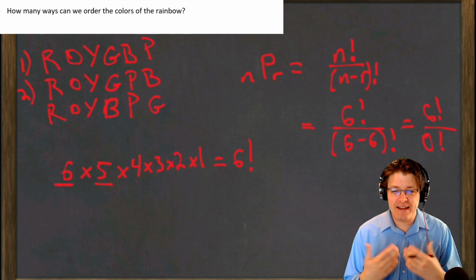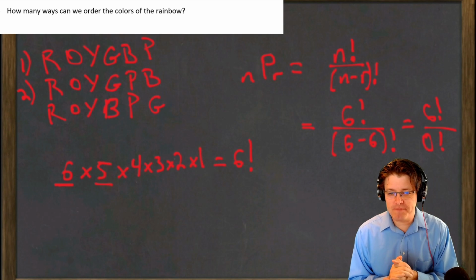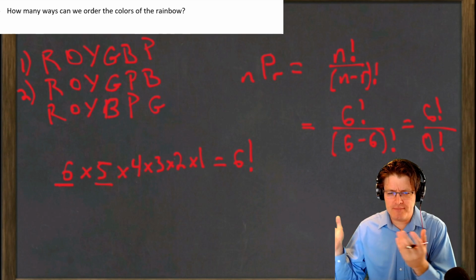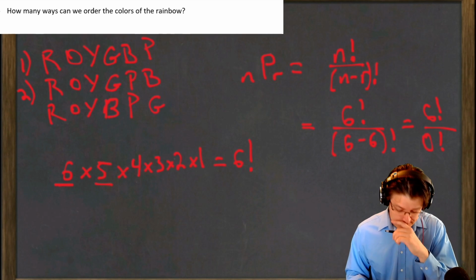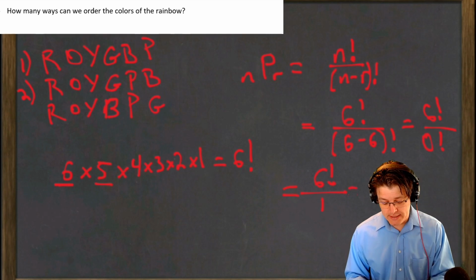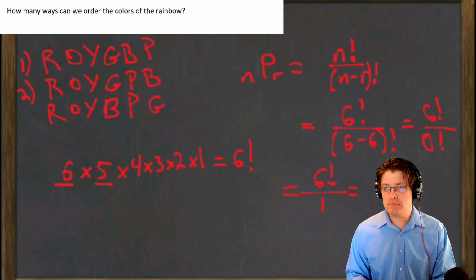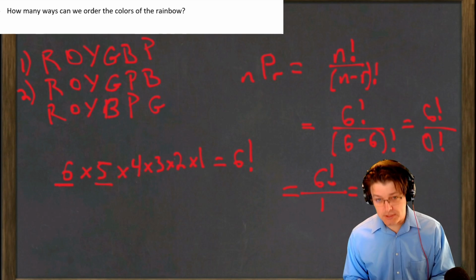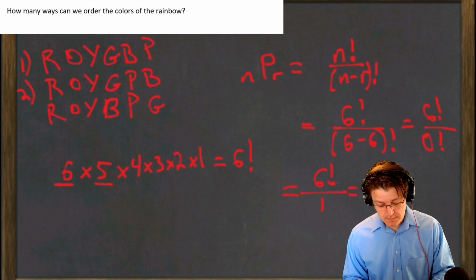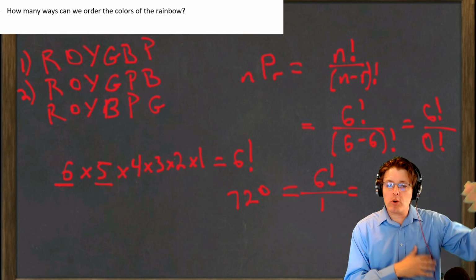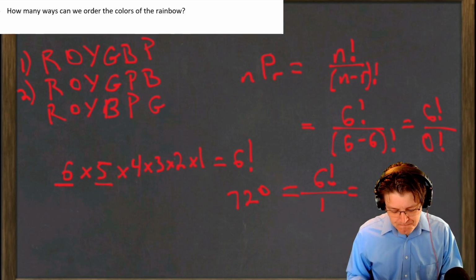It doesn't follow with the rest of them, right? You'd think it means 0 times whatever. Anyway, it just becomes 1. And so we end up with 6 factorial over 1. I think it's 720. See, that's 30, 120, 360. Yeah. So we have 720 different orders we could put these 6 in.